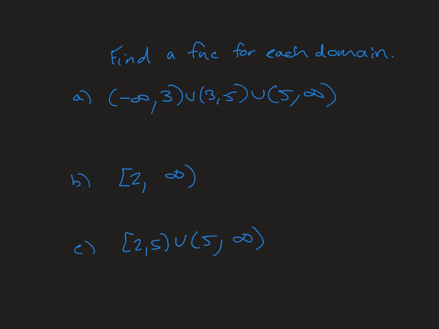Okay, this is a video about some strategies at this point for finding a function given a particular domain. And really there's only two types of things we've looked at so far. One is when the denominator can't be zero, and the other is not being able to have a negative under